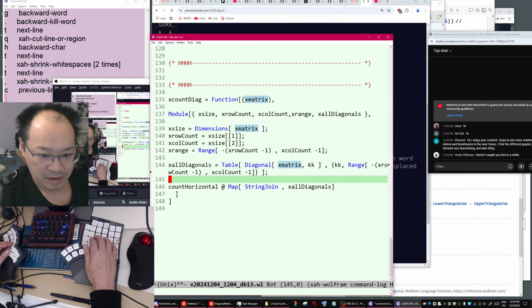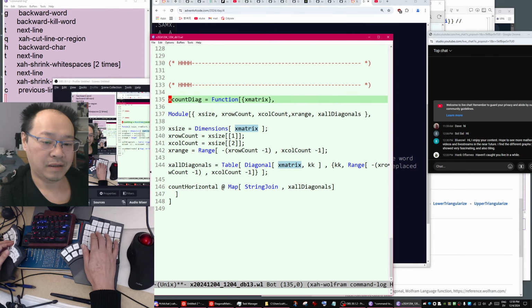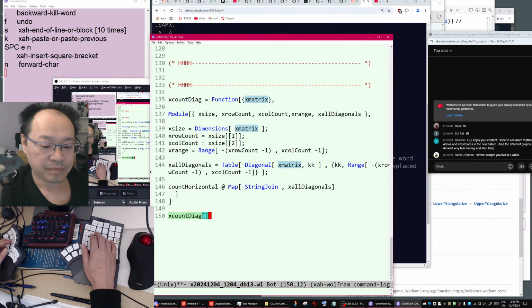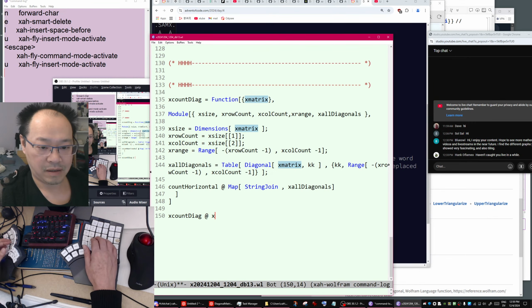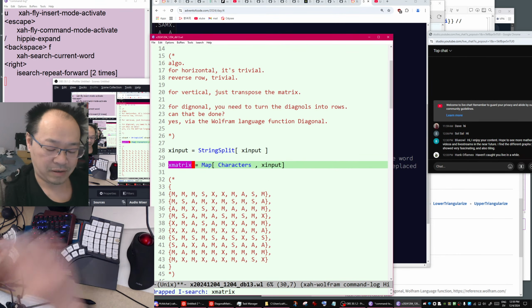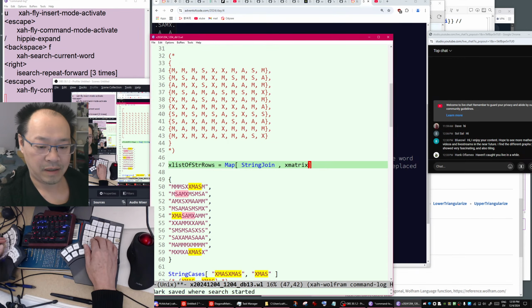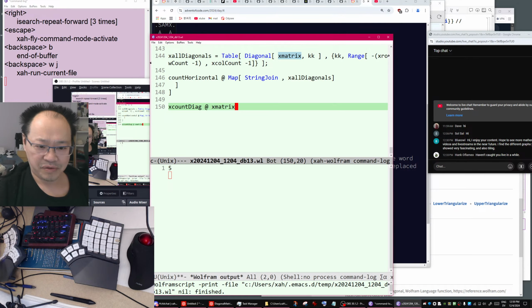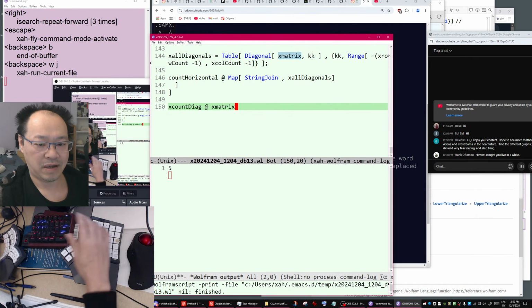Okay, so here is our function, and we can try it by adding X matrix, because we defined the matrix there. Go back here a minute. What was the number? 3 or 5? Okay, there are 5.